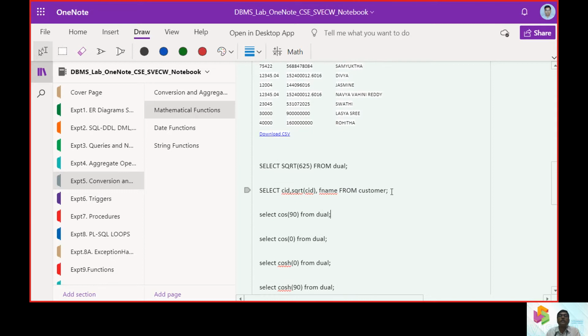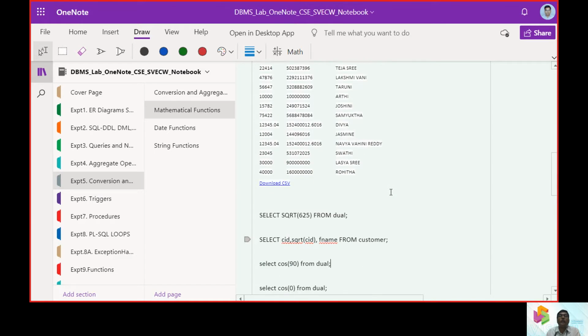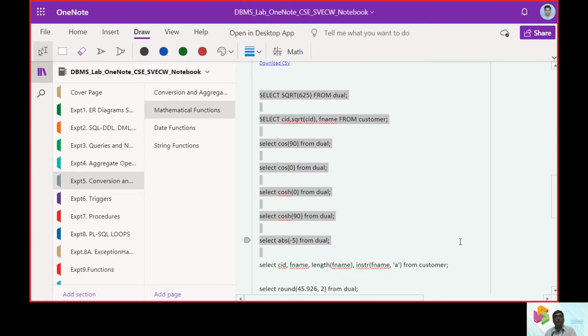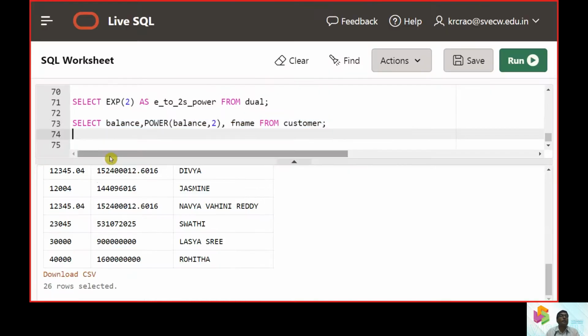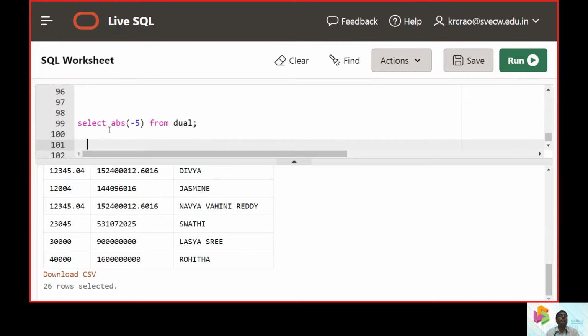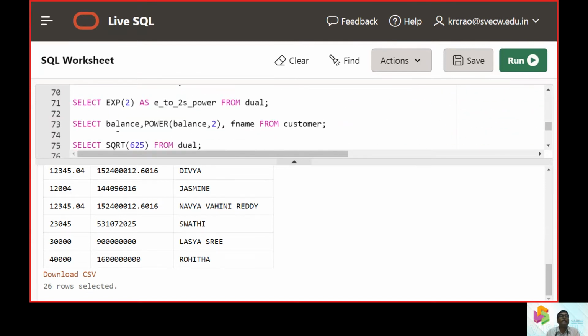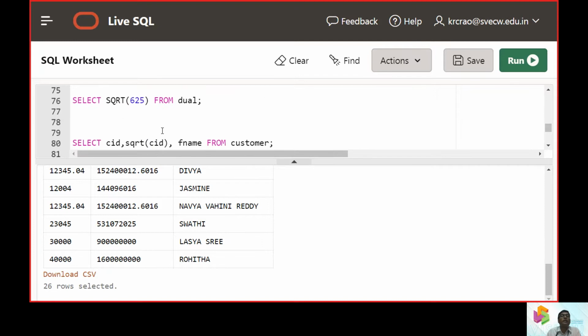Next, similarly, we have some interesting content. Let us look at these values. One, we can bring up square root. Another mathematical function is square root of 625.